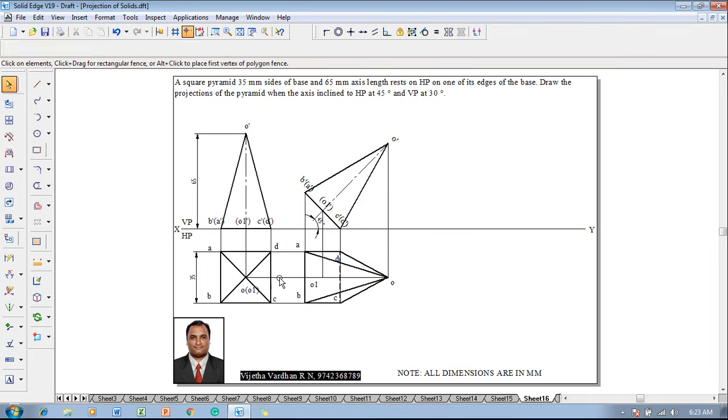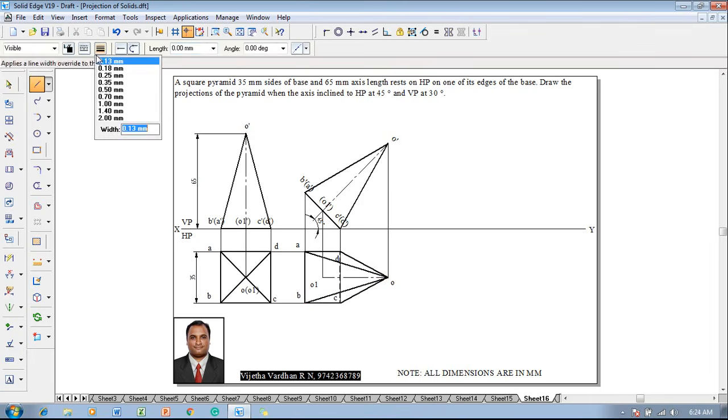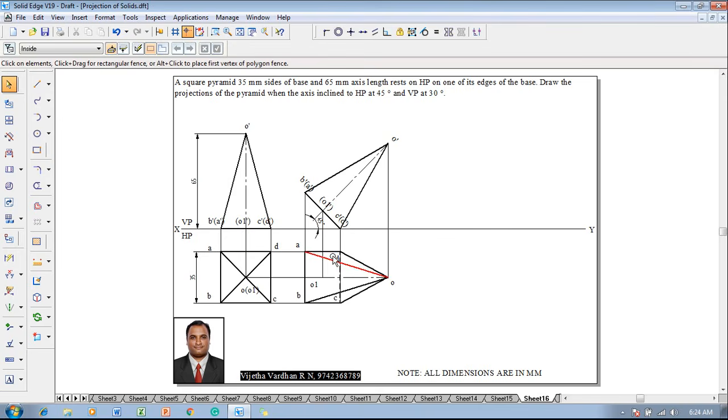Now to get the visibility of this line, we shall delete this projector and redraw the projector over there so that the axis is going to be visible clearly to O1. And then what is the next stage? The next stage shows that the axis is inclined to HP at